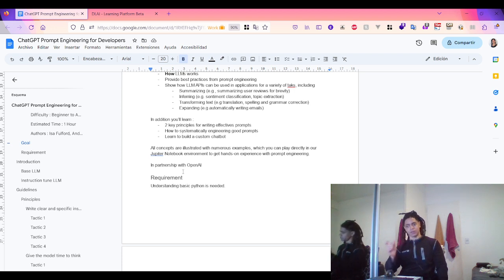So this is step one, step two. And the second tactic, and the last one, is to let the model figure out the solution first before rushing to a conclusion. Meaning, when you have a long text and you want to know, for example, if the student